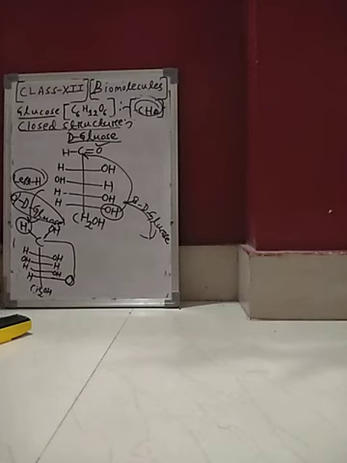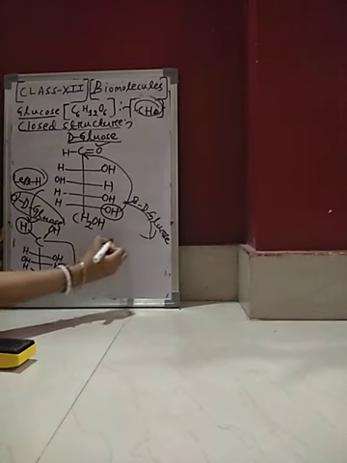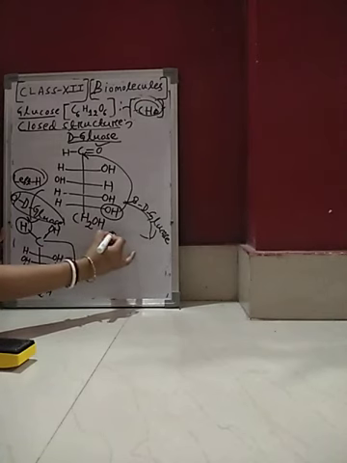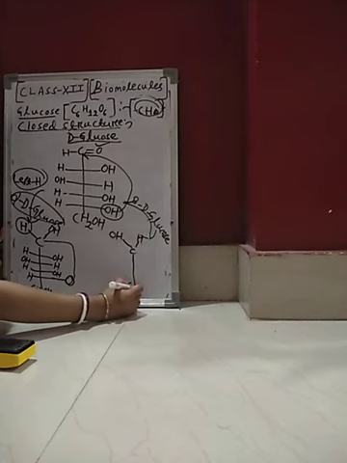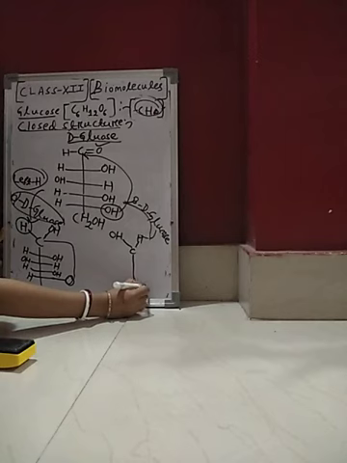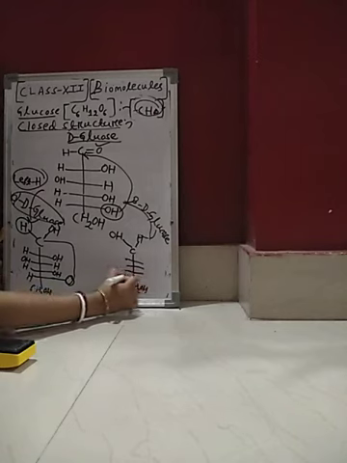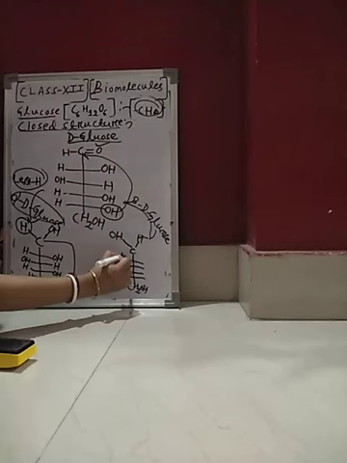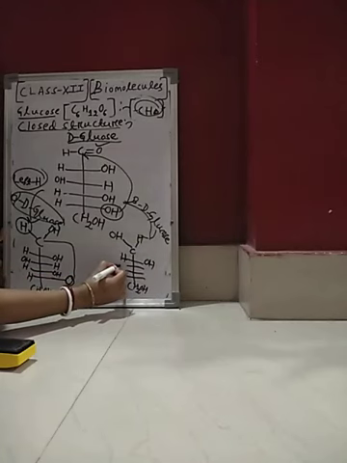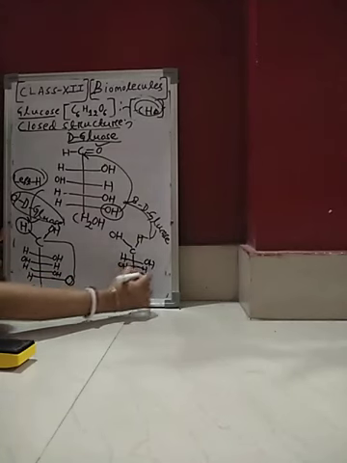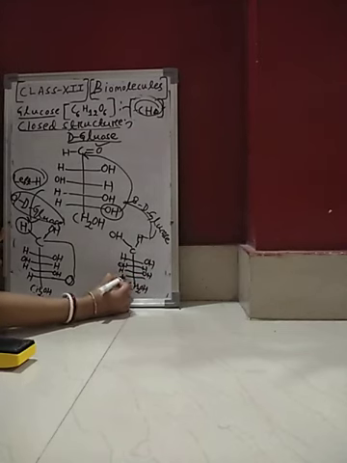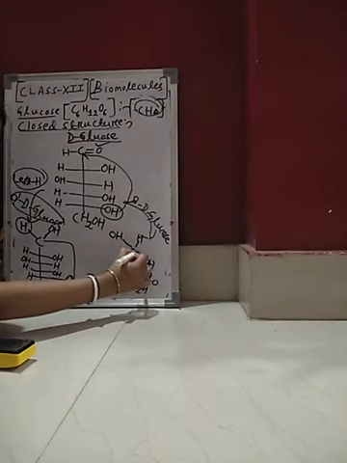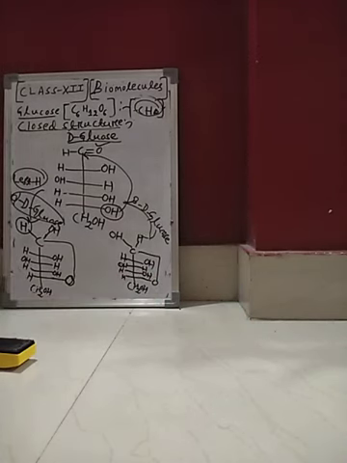So what will be the beta D-glucose? It is your OH, C, H. Then at last CH2OH, carbons 1, 2, 3 and 4. Clear? All others remain the same: H, OH, OH, H, H, OH, and H. Here this O will come into this. Clear? So this is the structure of beta D-glucose.